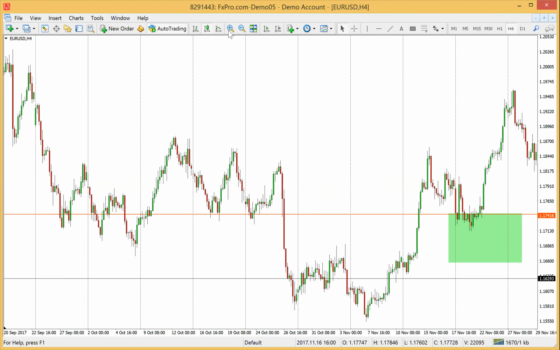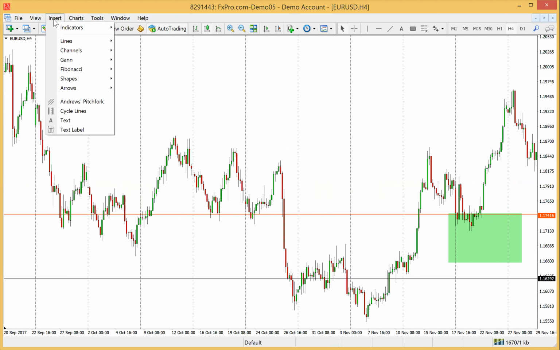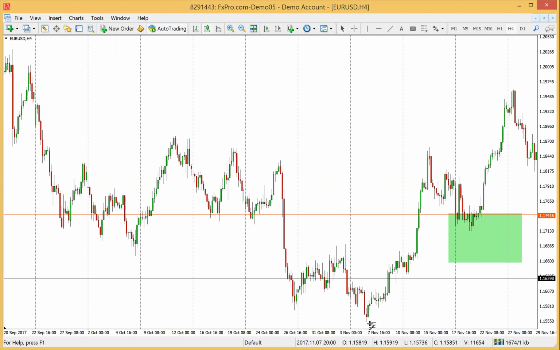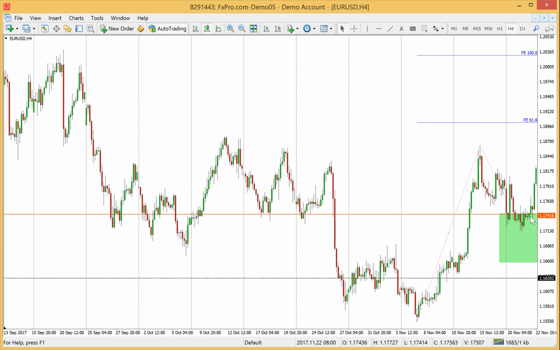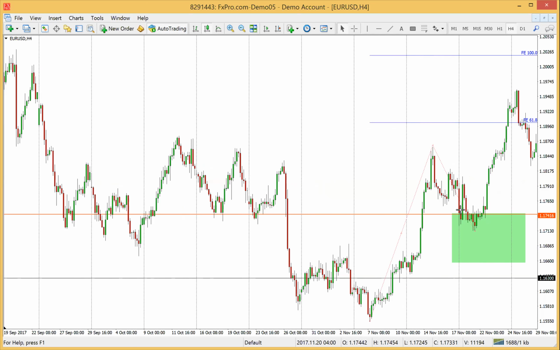But going back now, so you get the Fibonacci expansion, go to Fibonacci expansion, you draw it exactly the same. So you draw it from low to the high point, and then you move this third one to the price or the point at which price found a level of support, which is here. And then now, when you enter the trade, you know that your first price point or your take profit overall would be this level here. So then you could set a take profit, which is